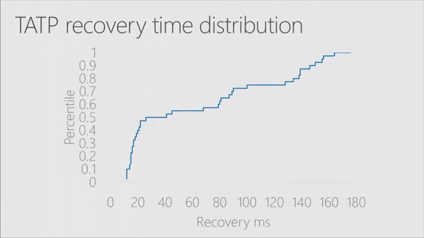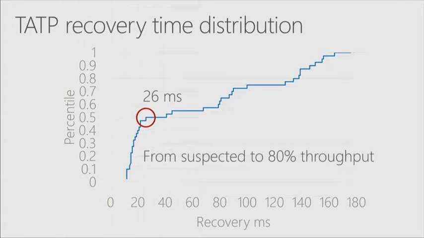So next I'm going to show you the distribution of recovery times. This is just if anyone's thinking that the previous graph was sort of carefully picked to show the best recovery time. And actually it was very close to the median recovery time. What I did is I ran a bunch of experiments and then measured how long it took from the point in time the machine gets suspected until we get back 80% of the throughput we had before the failure, and you can see that the median number here is 26 milliseconds, and actually the maximum is around 200 milliseconds. So recovery